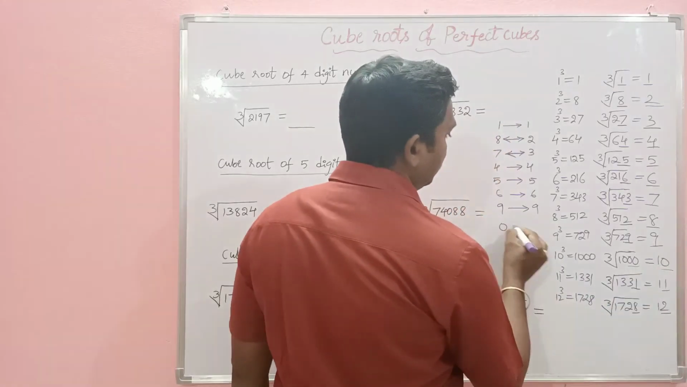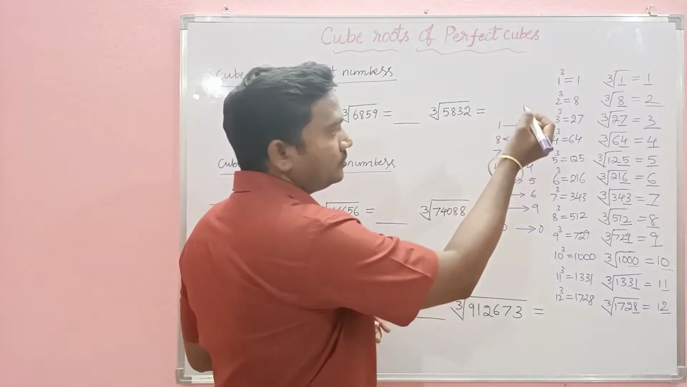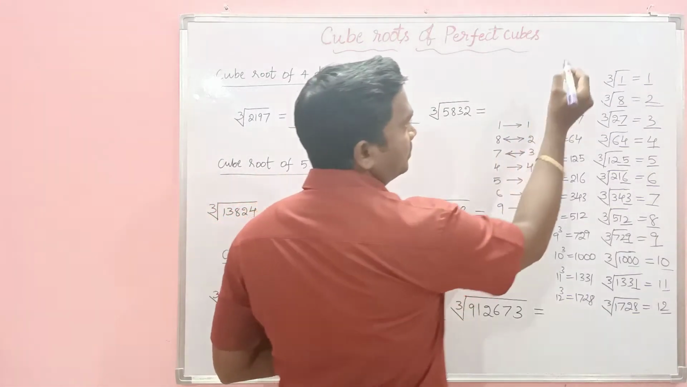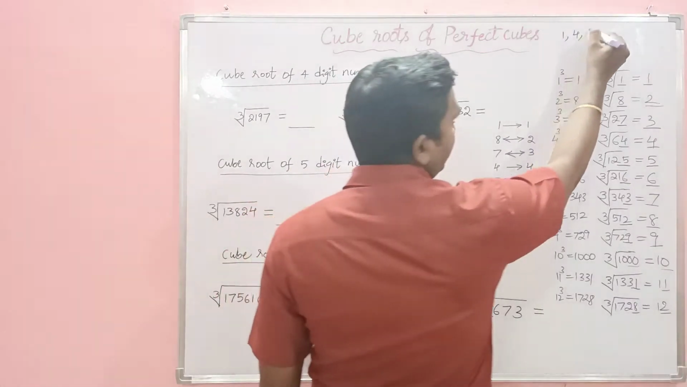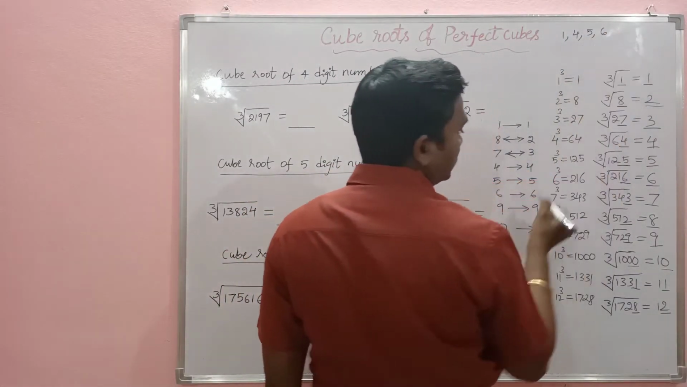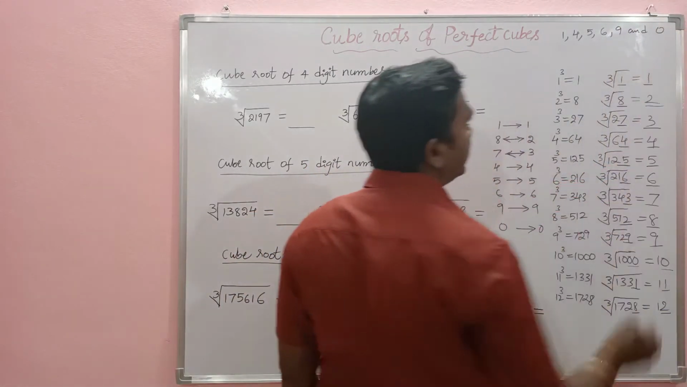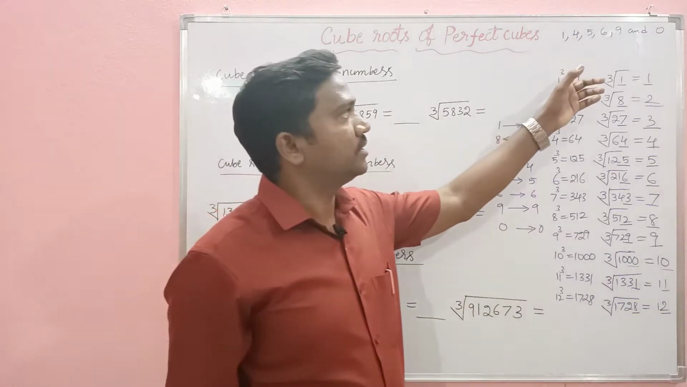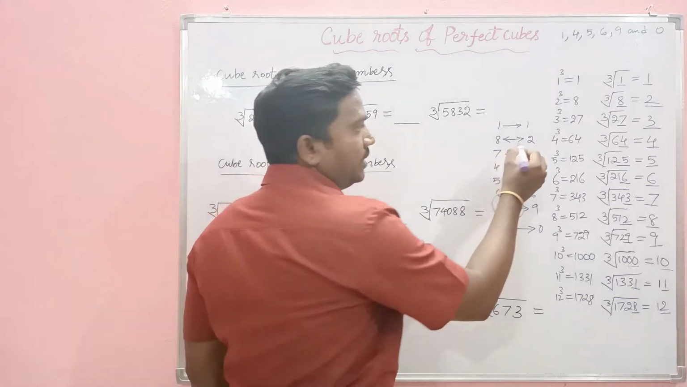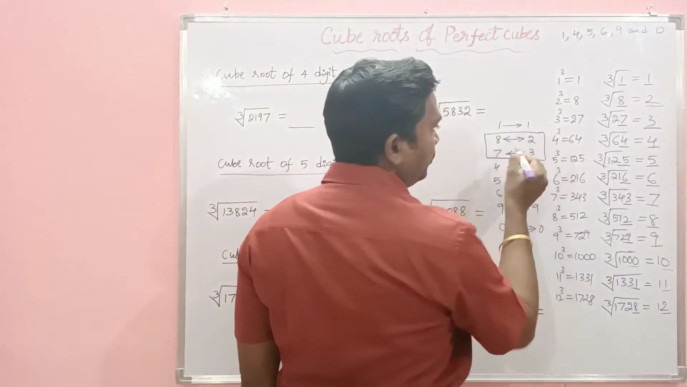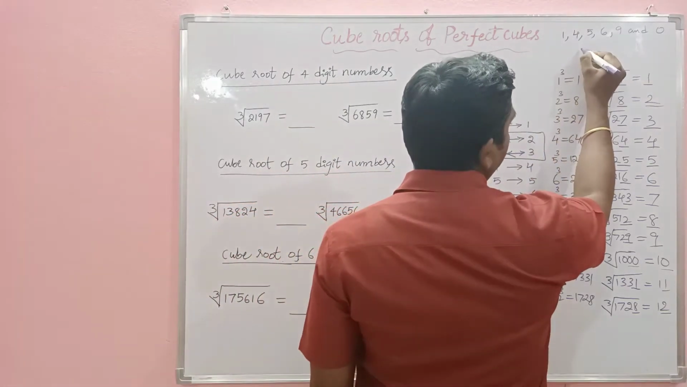We can get 0. So from this we can understand the numbers ending with the digits 1, 4, 5, 6, 9 and 0, then the cube roots of those numbers will also end with the same digits. But in the case of 2 and 3, 7 and 8, we can get like this. It means that